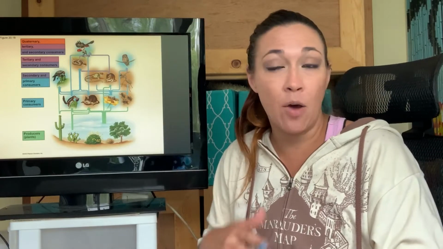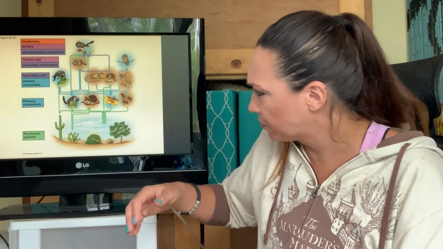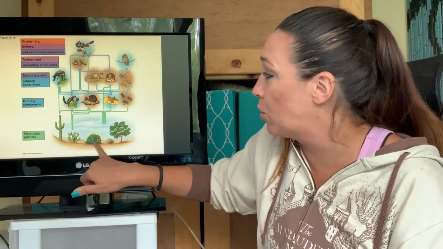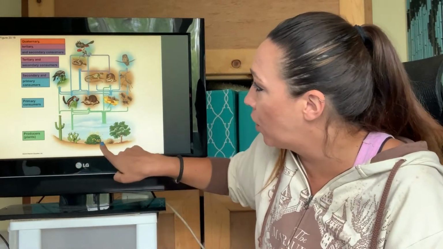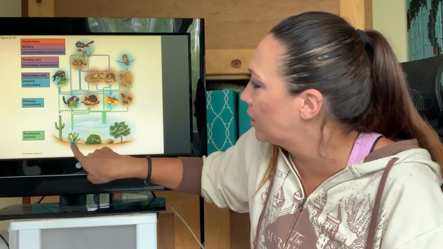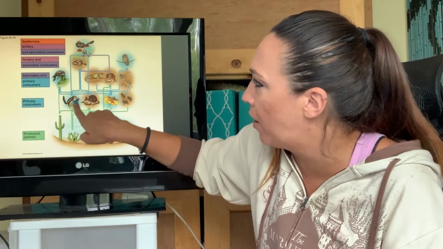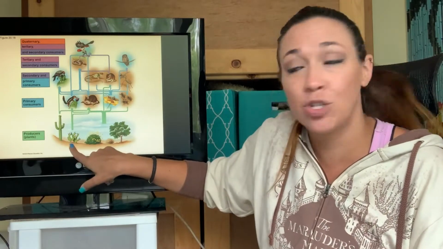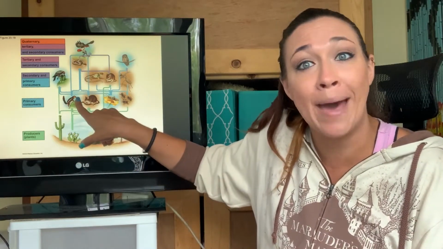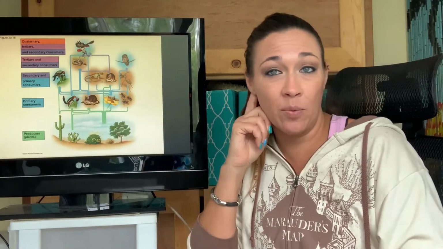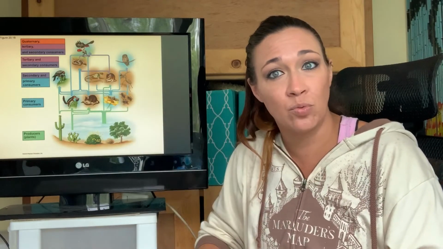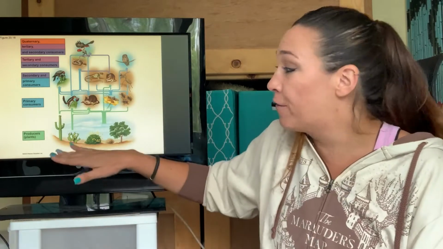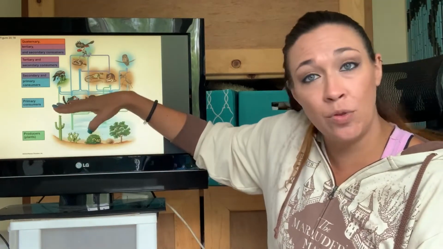Now, I should point out that for your homework, if we do this, you always want the arrows pointing towards the mouth. Okay, so the plant, the arrow goes up. Let's do the mouth. The plant goes here. The cactus goes to the mouth of the chipmunk. Okay, so what you can read it as is the energy from the cactus goes to the mouse. If you had the arrow pointing the other way, what it would say is that cactus is eating the mouse, and that's not what's happening. Okay, the energy flows from the plants to the mouse.